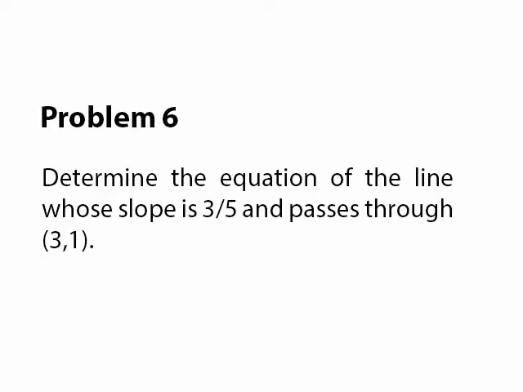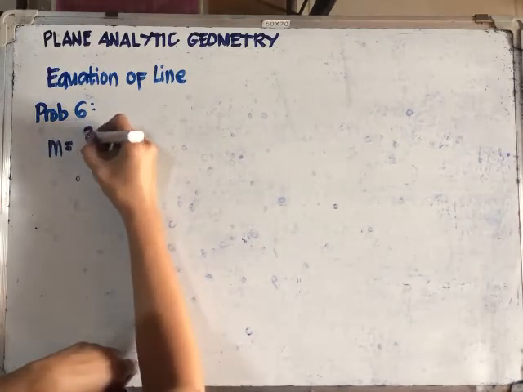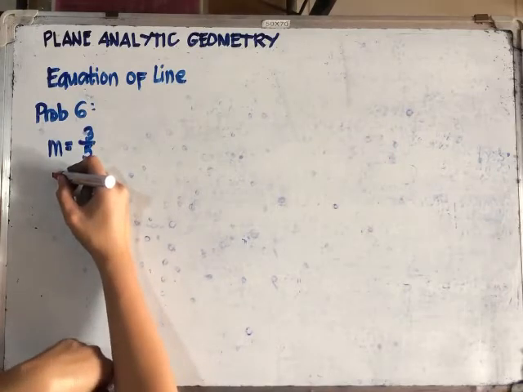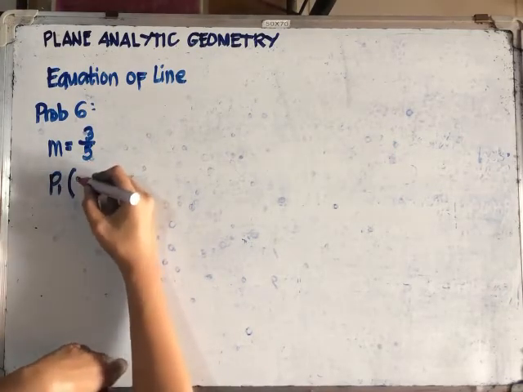Number 6, determine the equation of the line whose slope is 3/5 and passes through (3, -1). So we need to get the equation of the line with slope m equal to 3/5. Okay, and we have a point 1 with coordinates 3,